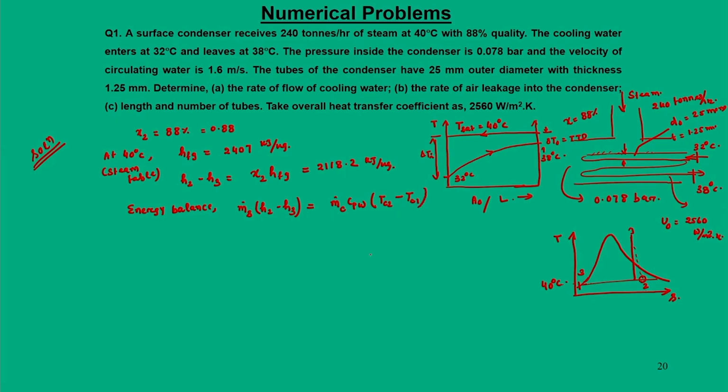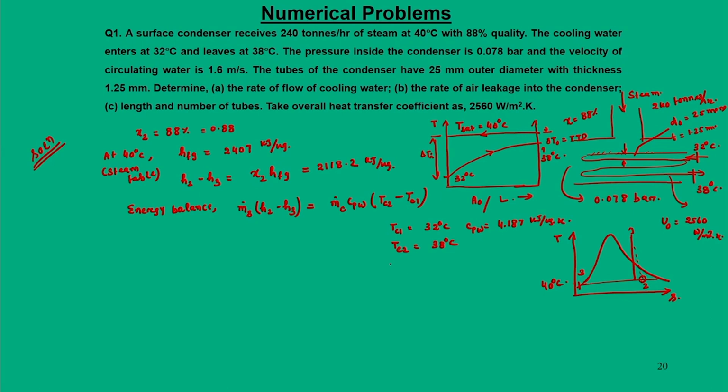So, we have all the data: Tc1 is 32 degree centigrade, Tc2 is 38 degree centigrade, CPW is 4.187 kilojoule per kg Kelvin, that is for water,